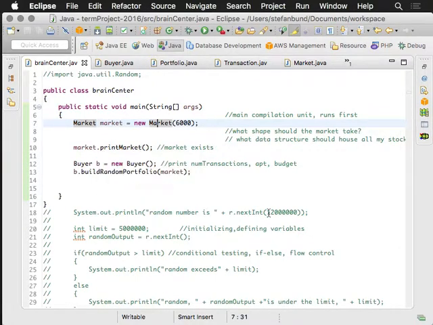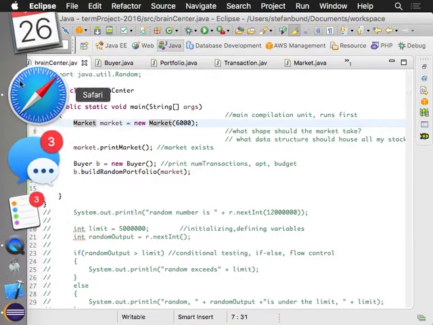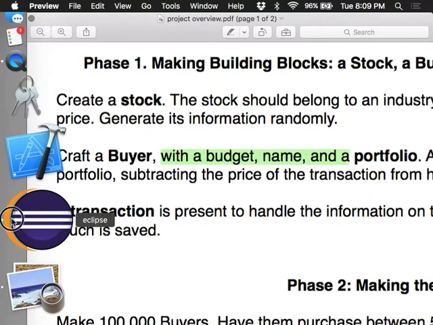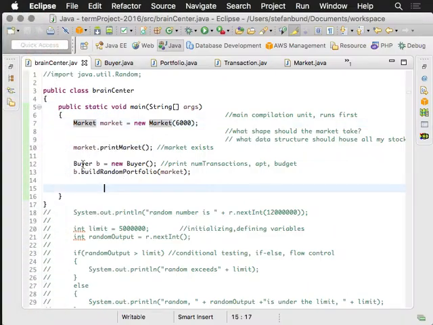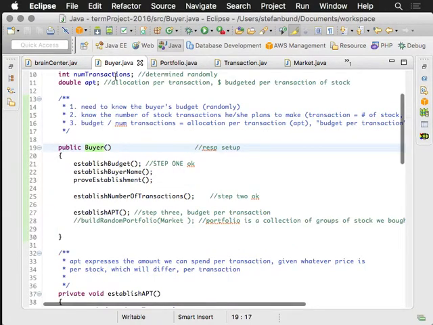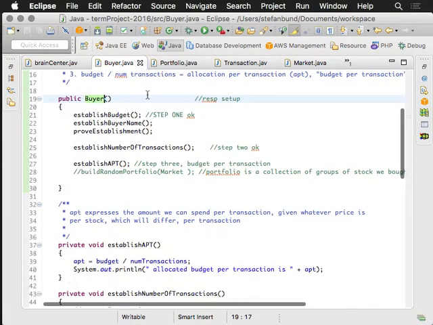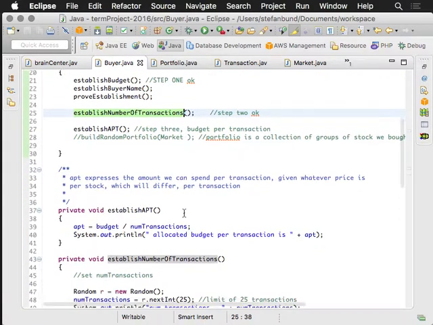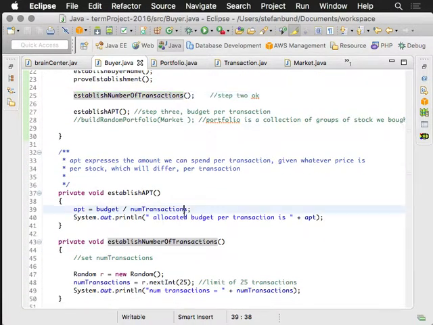That's great. Now the next piece, if you go back to those requirements, is we want to find a buyer. It's got a budget and a name and a portfolio to boot. So here we are making a buyer, and we'll navigate to the buyer class, and we establish a budget and a buyer name, and we prove that we've made him or her. Then we create a number of transactions, and this is the piece of the project that I'm going to leave incomplete, and I'll let you guys